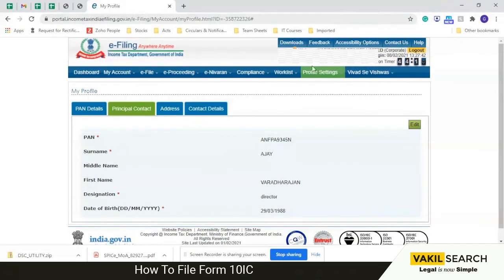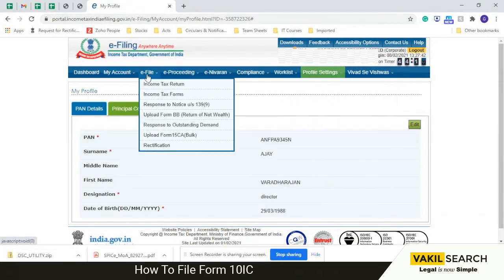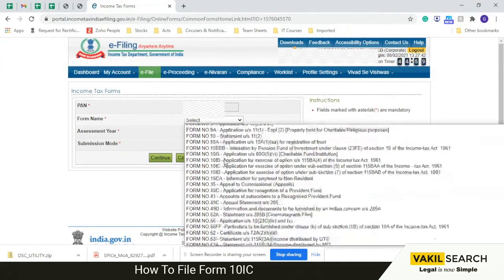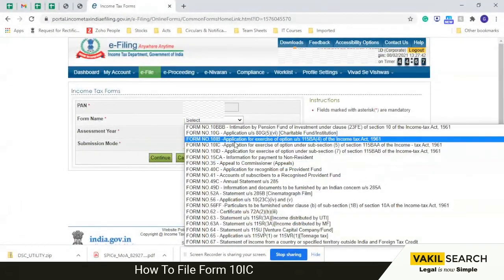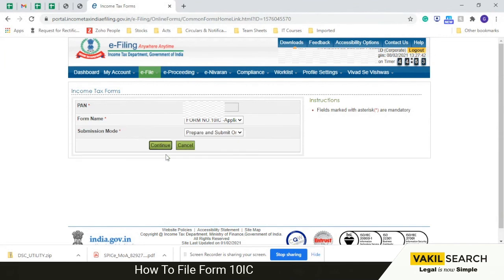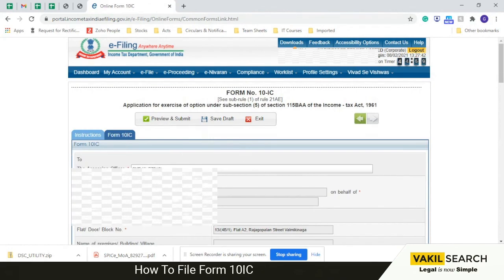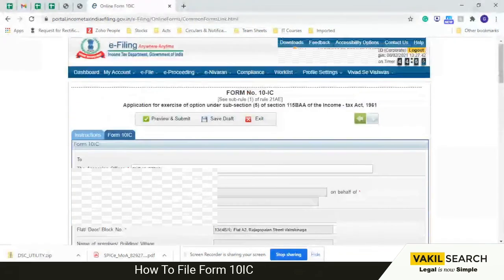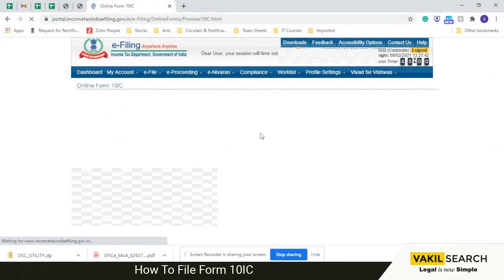Now I'll go to Form 10IC. Here I have already saved the data, so no need to enter it again. I will directly go and submit.